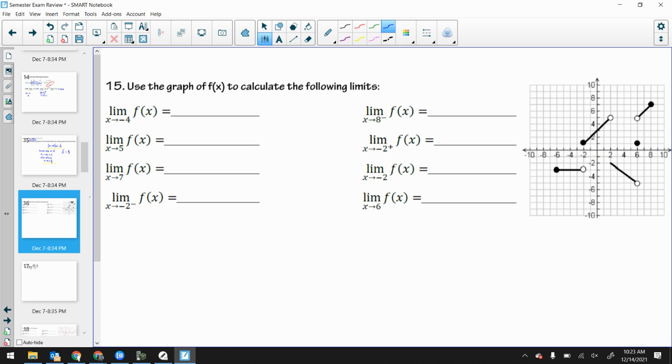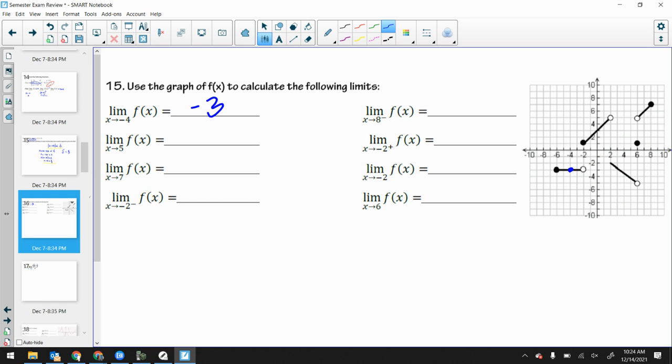Okay. All right. Use the graph of f of x to calculate the limits. We got this one. This is 15. The limit as x approaches -4. And notice the notation there. I'm not saying 4 from the left. I'm saying as it approaches -4. Where is it as it approaches -4? What's the value of the function at -4? -3. Don't overthink that one. If the function is running through that point, then f of -4 is the value of the limit as well. So it ends up just being -3.